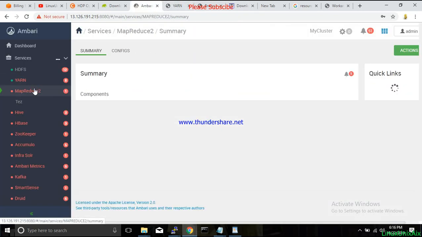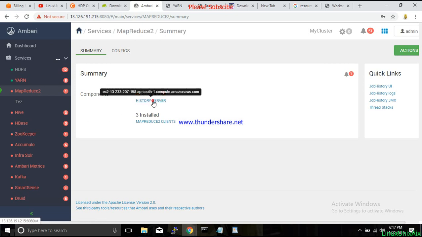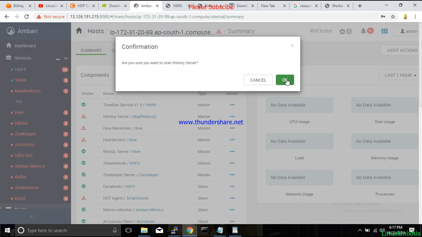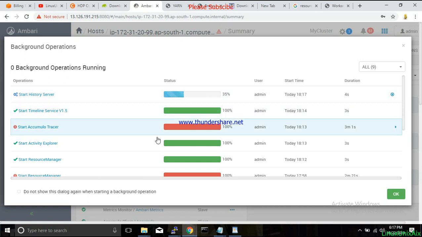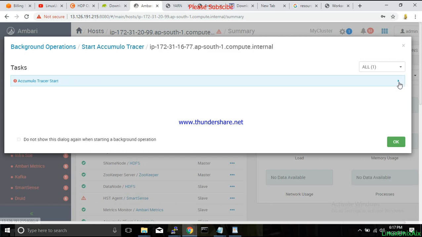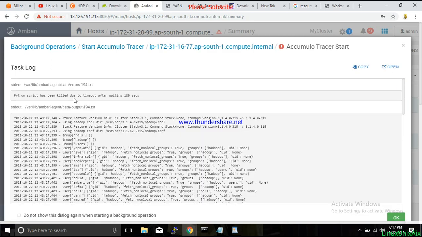so MapReduce, let's go to MapReduce. So history server is down. Let me just try to start history server. Okay, so accumulo tracer was failed again. Okay, so let's just check what actually happened and why it failed. Python script has been killed due to timeout after waiting 182 seconds. Okay,